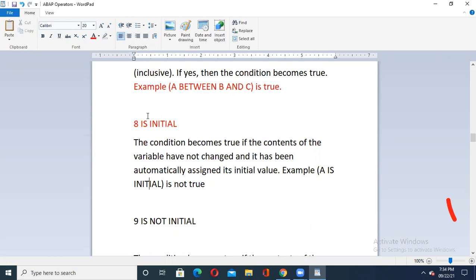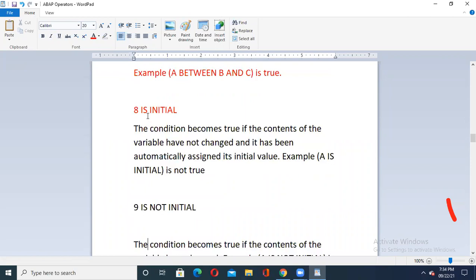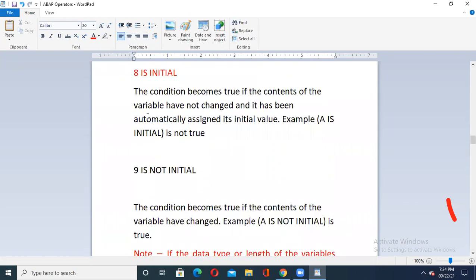If I find that it is still as initially declared, then no issue for me. So it is important that we can check whether the value of the assigned variable is as it was when declared, and we can verify it with the IS INITIAL comparison operator.